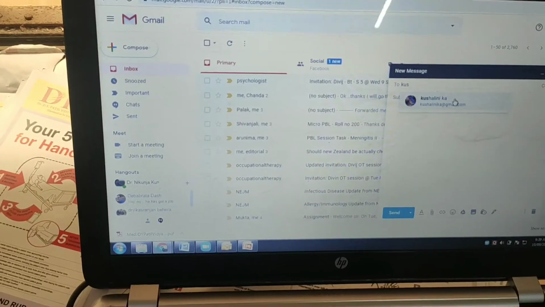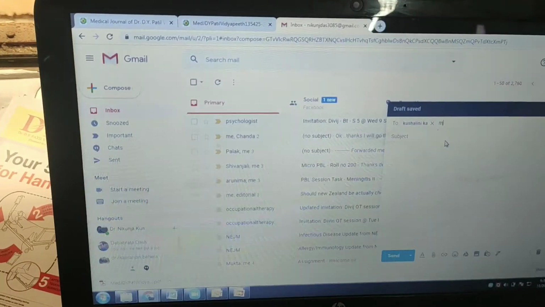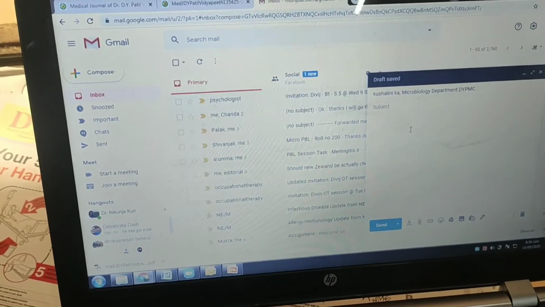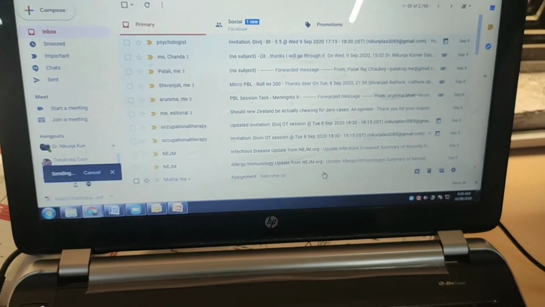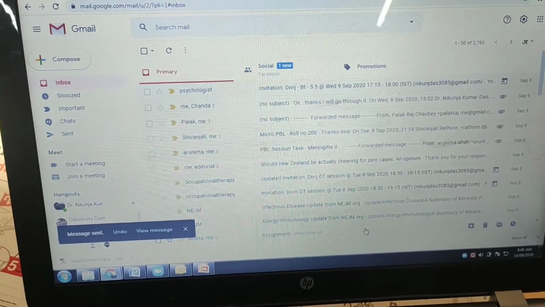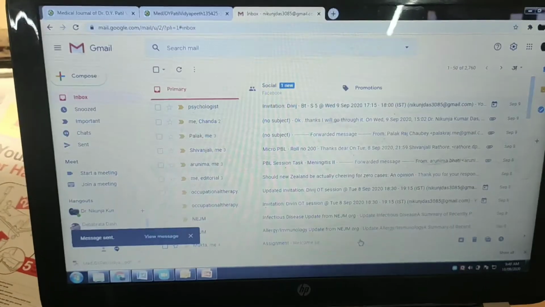In Compose I put in the recipient's name, then I can copy and paste the link, then send. By this the recipients will get the link in the mail, and just by clicking on that they can join the lecture.